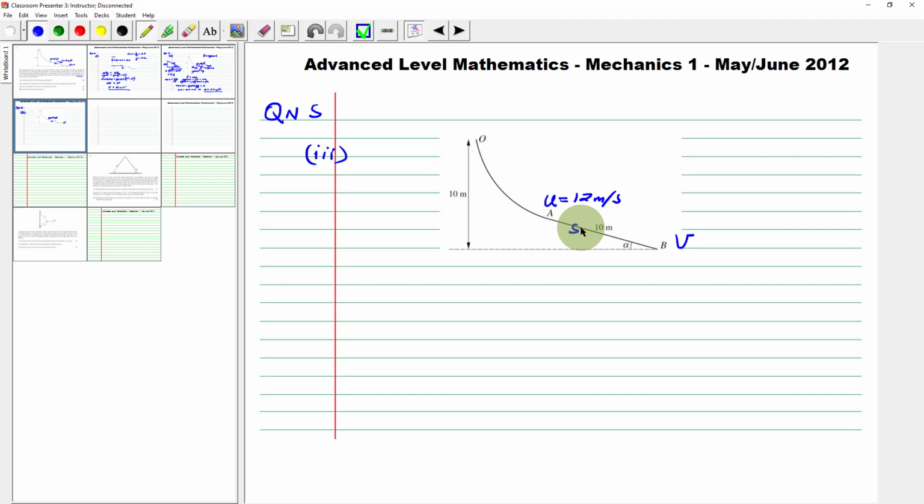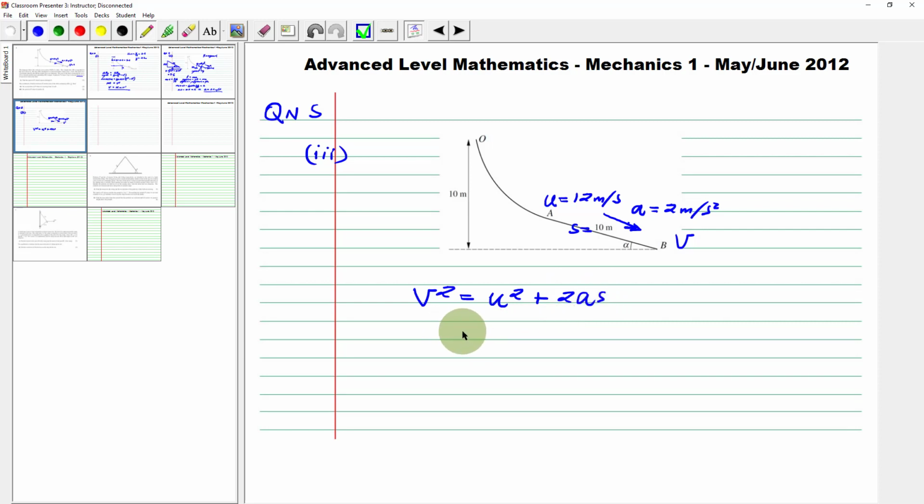The s is 10 meters. The acceleration it has in this direction is 2 meters per second squared. So we use the third equation of uniformly accelerated motion to help us work out the speed at B,